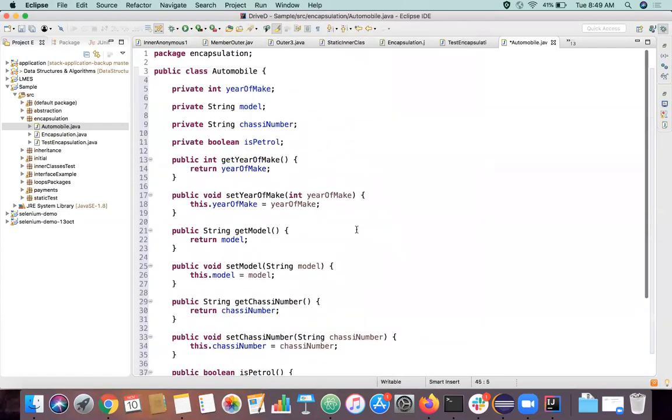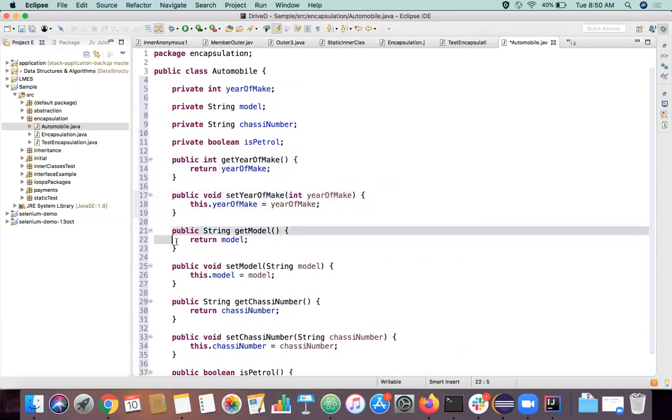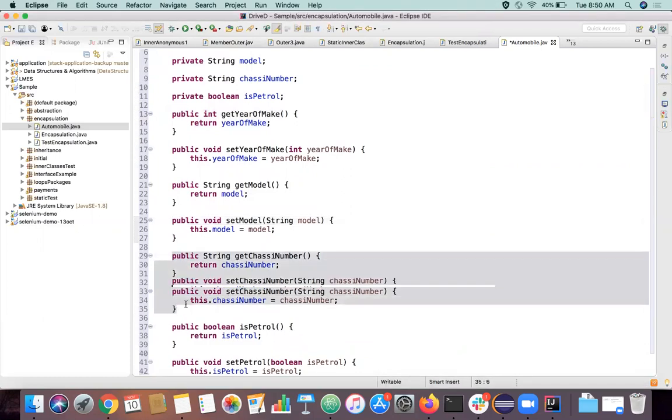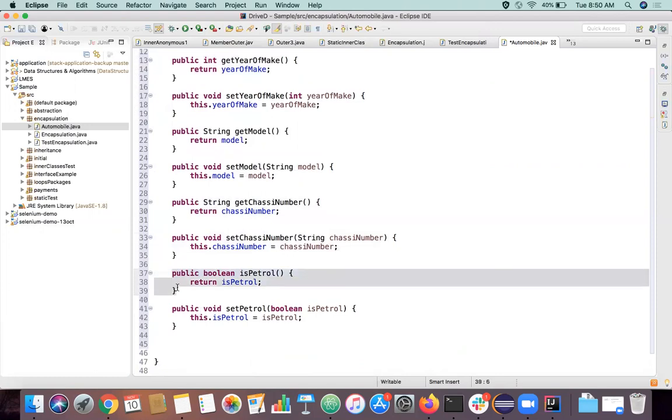Now everything is done by the IDE itself. Every basic logic is done by the IDE itself. I'll have this integer, get integer. I'll have this set year of make, get model, set model, get chassis, set chassis, and here you can say the return type is boolean, right?